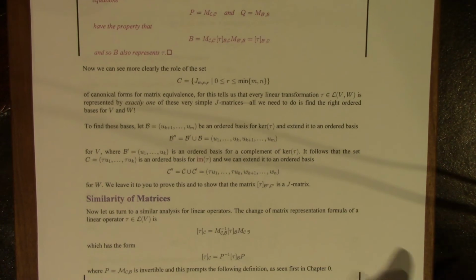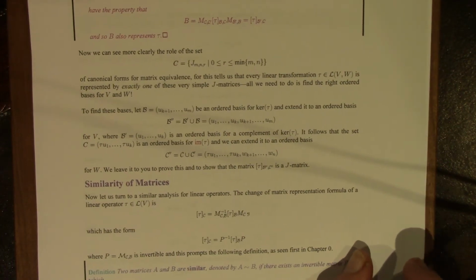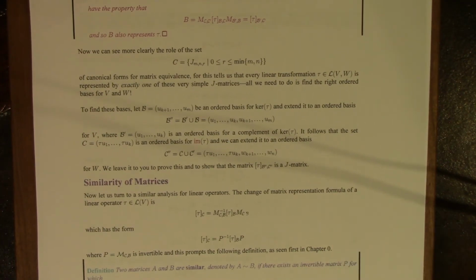There's a couple of ways we can deal with this. One is to pick any two ordered bases, get the matrix representation for the operator tau. That will be a matrix in this